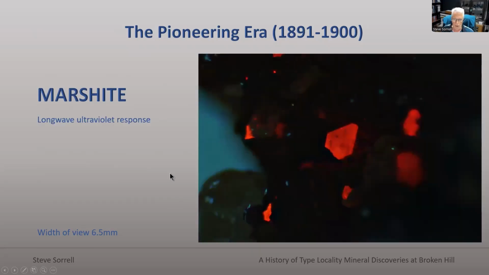And then we have marshite in long wave ultraviolet. And you can see here that it's a very bright red response. Marshite was a mineral that was exceedingly rare for collectors when I first started collecting, and was like that for quite a long time. But then the advent of the UV torches, like the Convoy,